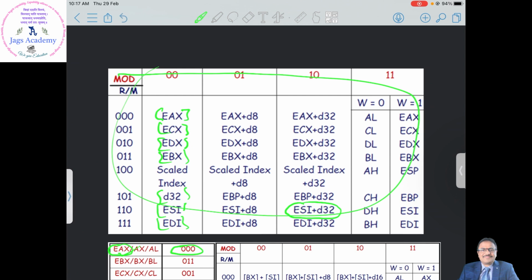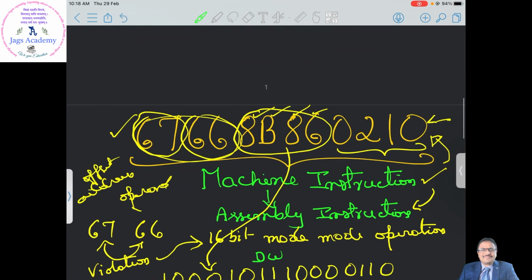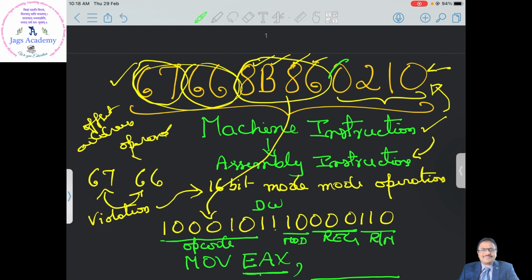See here, ESI plus D32. That means your address is the sum of the ESI 32-bit register plus a 32-bit displacement. And from where will this 32-bit displacement come? This 32-bit displacement will come from this